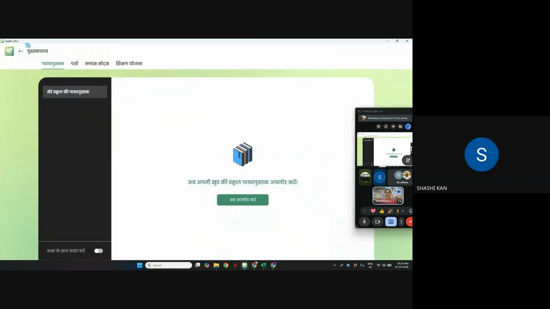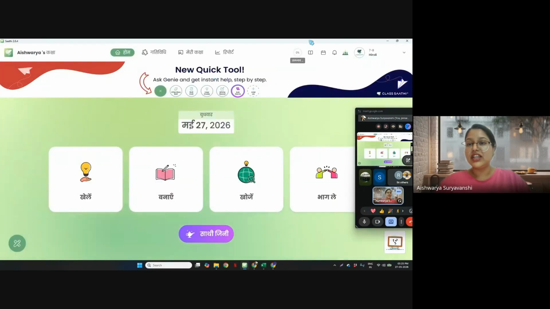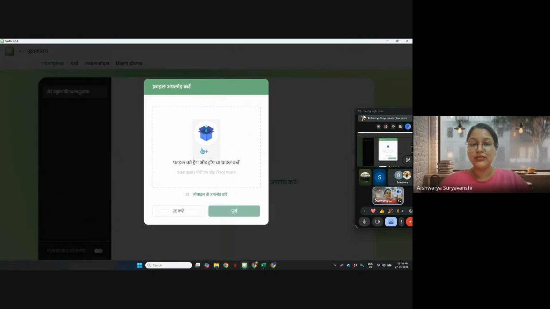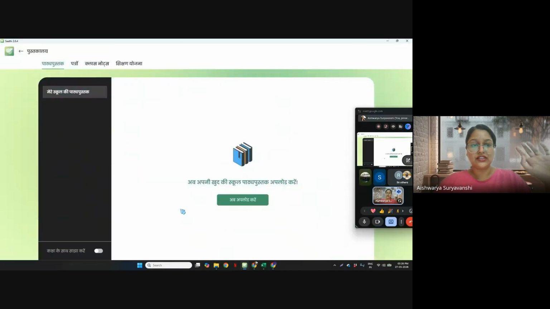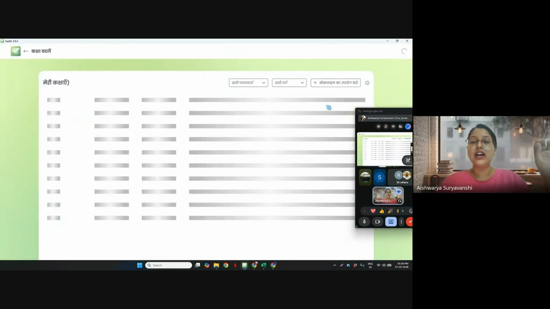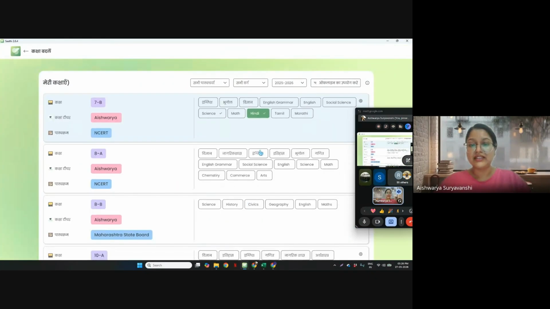So yes, I'll just reshare from here. You can just click on this book-like icon. It's called the library. You can open that, and there's this upload button. You can upload your textbook, and you can create questions from there as well. And I think this particular textbook feature will be quite helpful if you are a science teacher or a maths